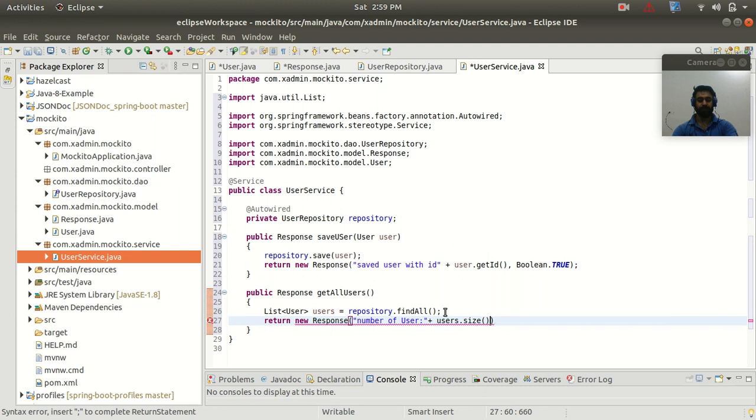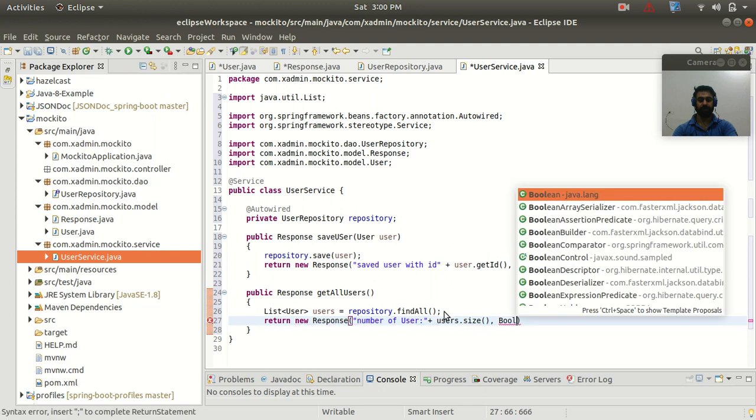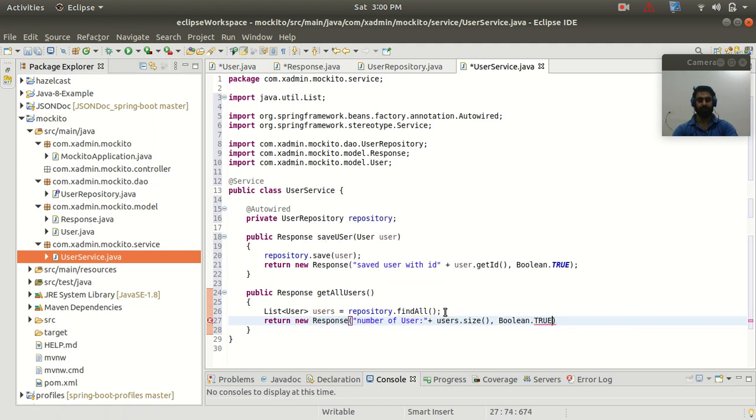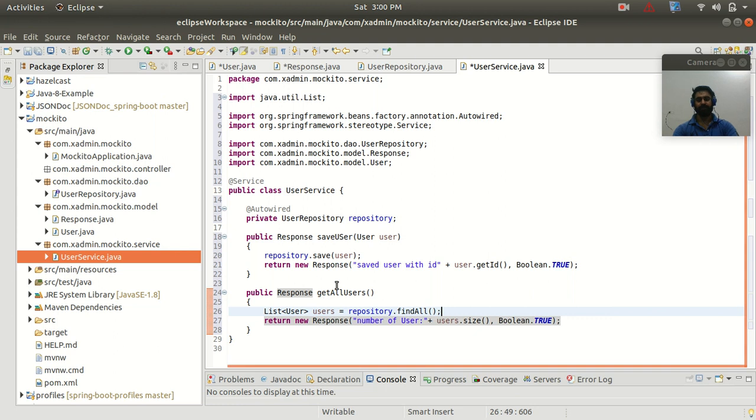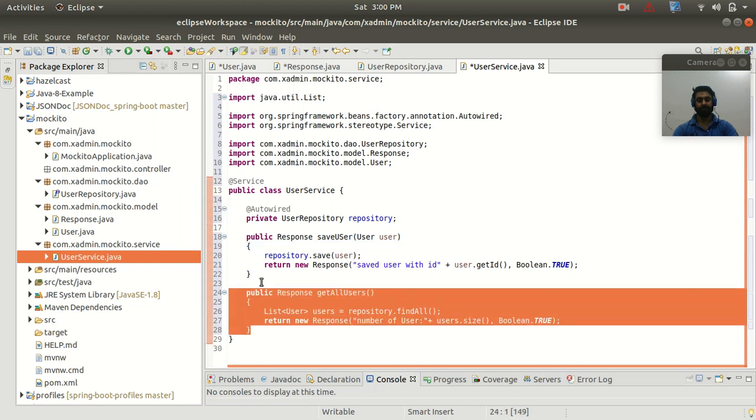So guys, it is going to return us the size of the user list. And in the status part, we can pass the Boolean value as true, right? And guys, here I am returning our customized response. So these are the two methods I have created in my service class to save the user to the database and to get users from the database.